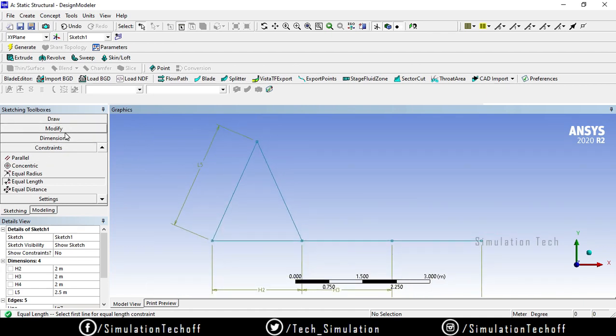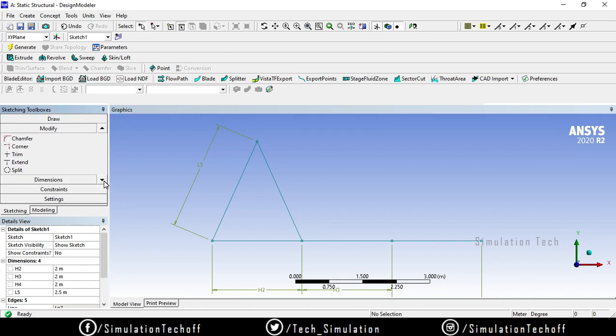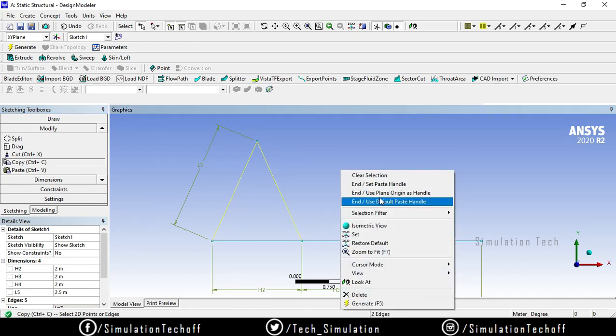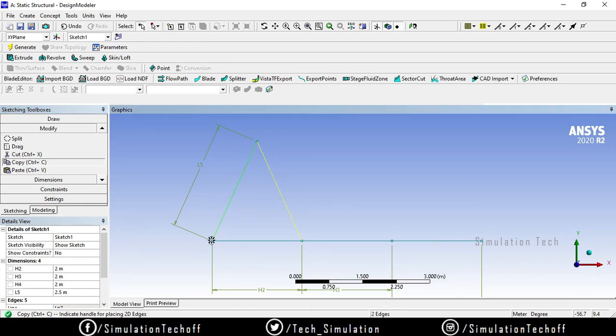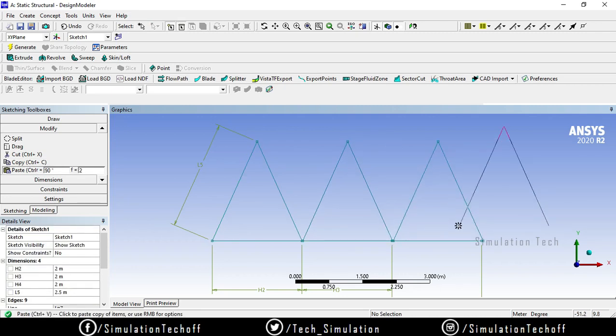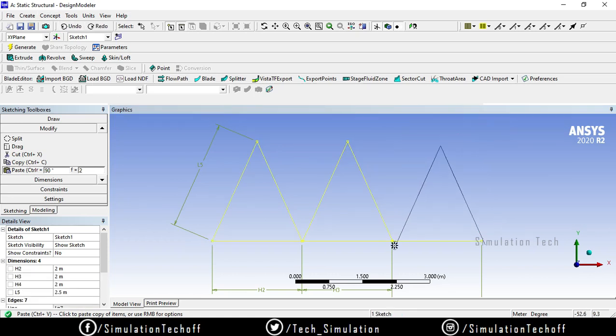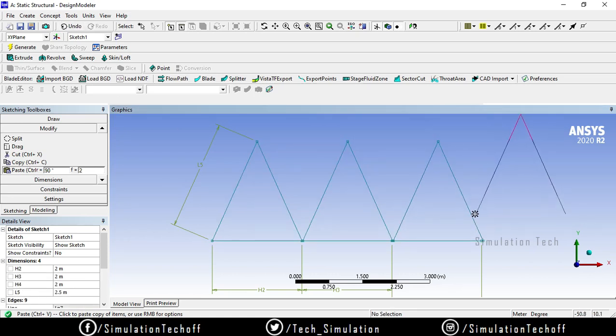Go to the modification tools. You have an option called copy. Make sure of this, right click, set and paste handle. This point 1 and 2. Okay, undo this point.